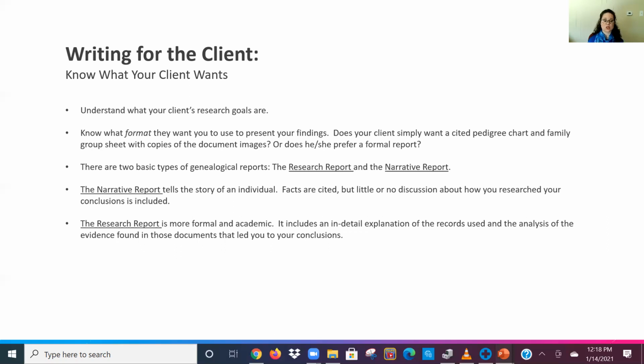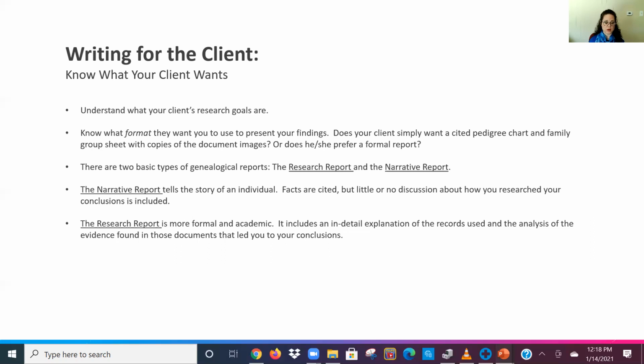Okay, you'll also get the clients who want something really specific. For example, you'll get somebody who wants to join a lineage society, something like Sons of the American Revolution or Colonial Dames. Now, these people need something a lot more specific. They need actual documentation that proves that they belong to a certain lineage so that they're actually able to join these societies. So your client is going to be really frustrated if they're expecting you to go through and find documentation proving that they belong to this line, proving that their ancestor really fought in the Revolutionary War so they can join Sons of the American Revolution,